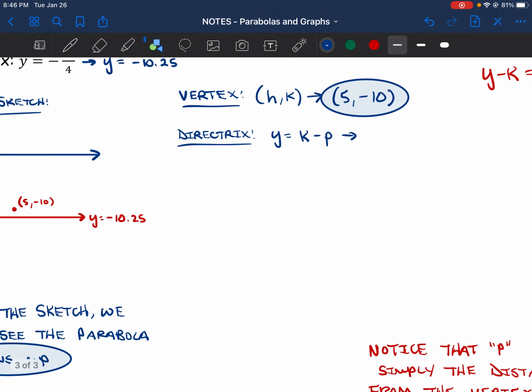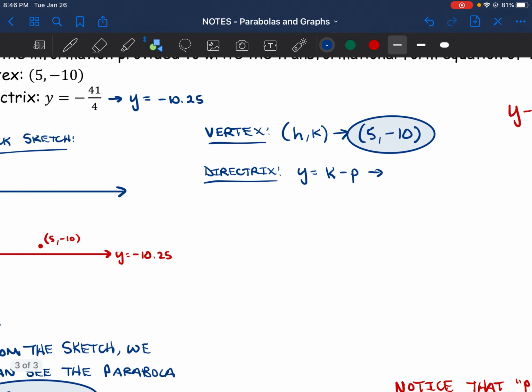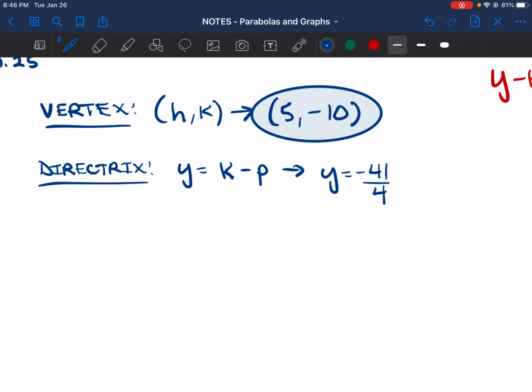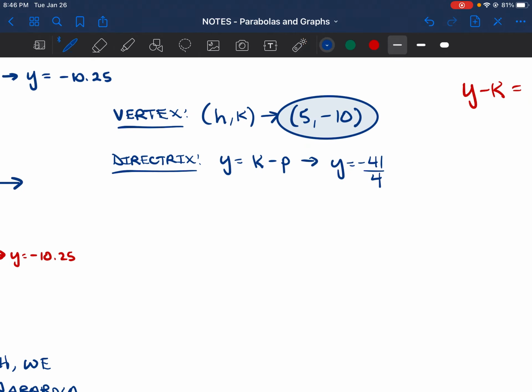Okay, the directrix, y equals k minus p. Well, the directrix was y equals -41/4. And let's think about how this is going to help us. Very similar to what we did in one of the previous problems, we can say, okay, if the directrix is y equals -41/4, and we know that for a vertical parabola, the directrix is the horizontal line y equals k minus p, that means -41/4 has to equal k minus p. So I can set up a little equation here. I can say, all right, well,